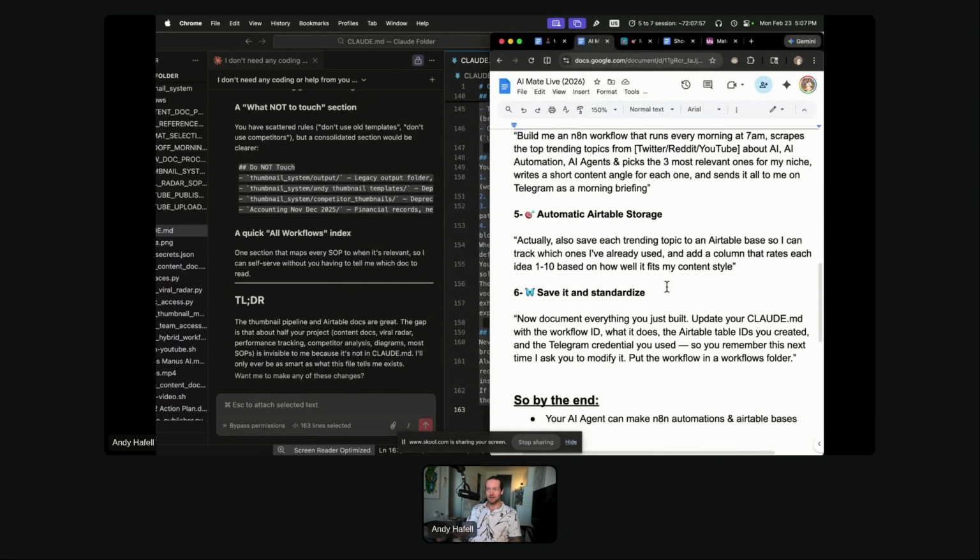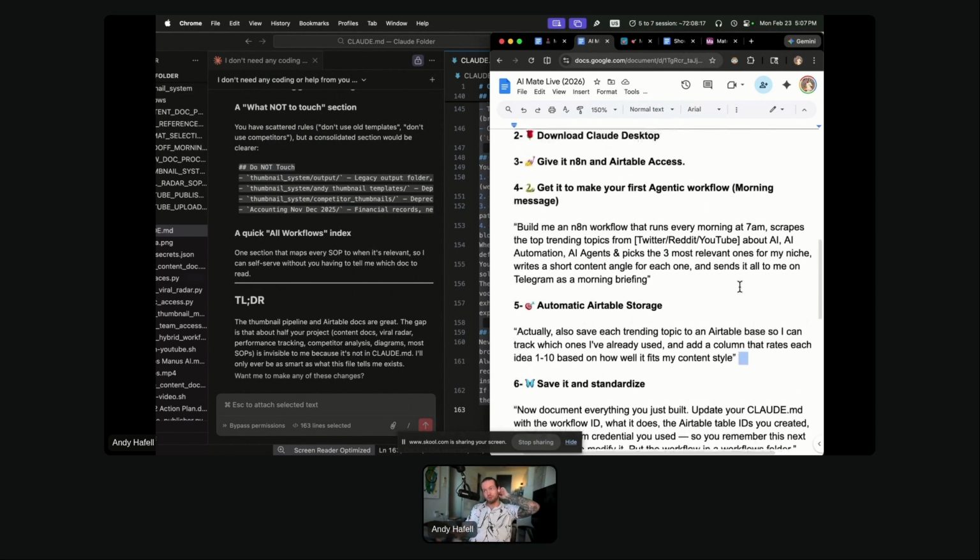And that's literally here. Save it and standardize is literally the most important part, or for me at least. I don't know what other people are teaching, but unless it can repeatedly do this again and again and again, it's kind of useless, right? Because it's doing it from scratch every single time. Nah, do it in the process that we've done it before.